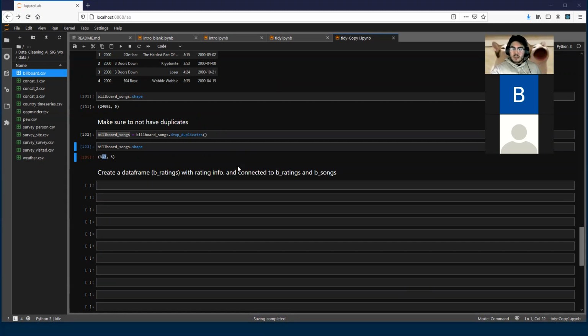Like I said before, if you took data structures, we had to connect different data frames together. So in order to do that, we're going to create a data frame called b_ratings for billboard ratings. So let's do that. First, I'm going to create an ID in the billboard songs because the index is something different than an ID, right? So billboard songs, and I'm going to create a new column and call it ID in order to identify different songs, right? And I'll make it equal to